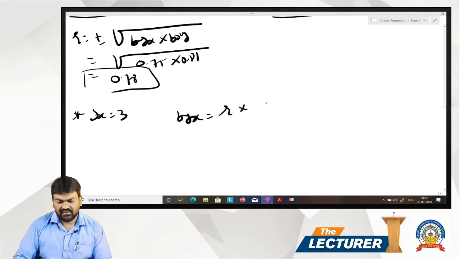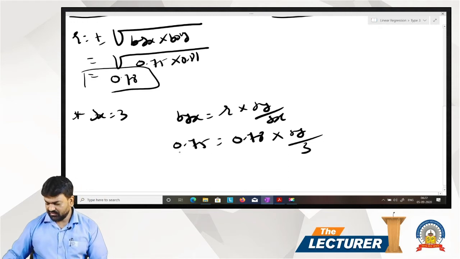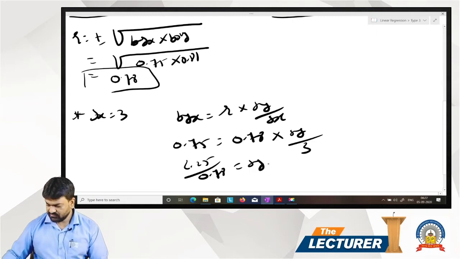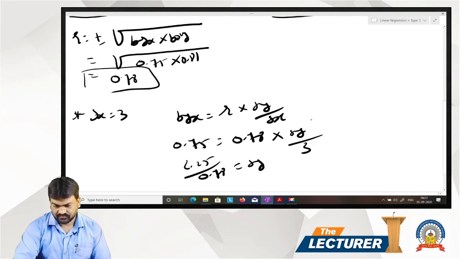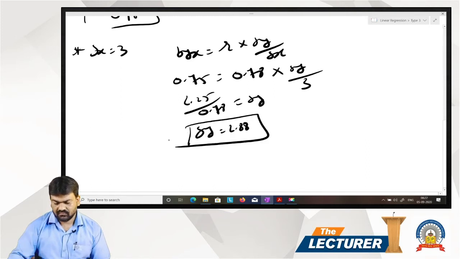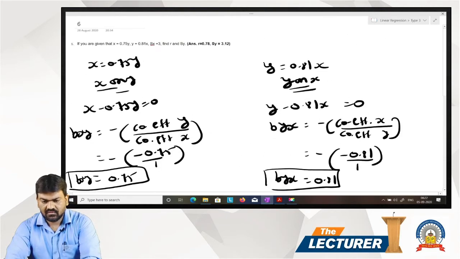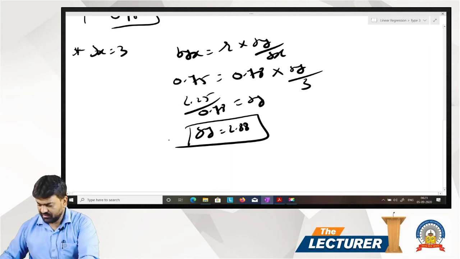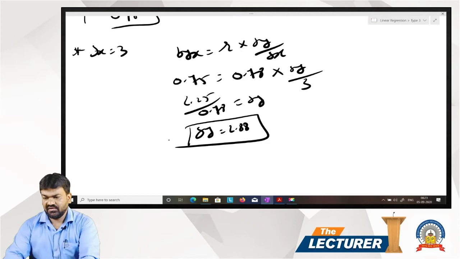Byx is equal to r multiplied by sy upon sx. Byx is 0.75, r is 0.78 multiplied by sy divided by 3. 0.75 multiplied by 3, 2.25, divided by 0.78 is equal to sy. 2.25 divided by 0.78, that is 2.88. 0.75 divided by 0.78 multiplied by 3, 2.88. Next example number